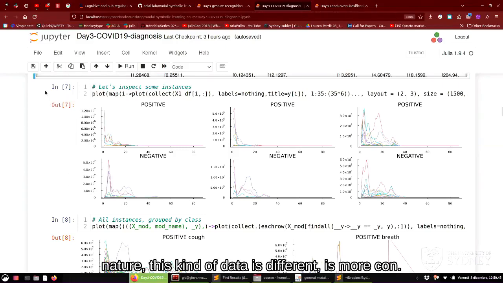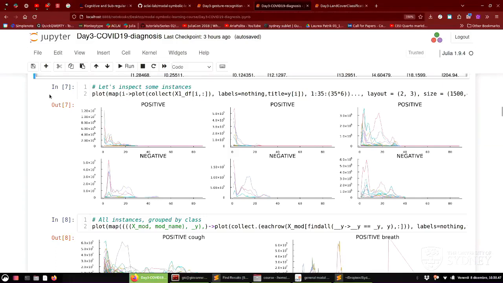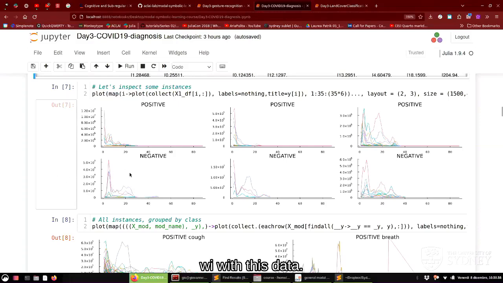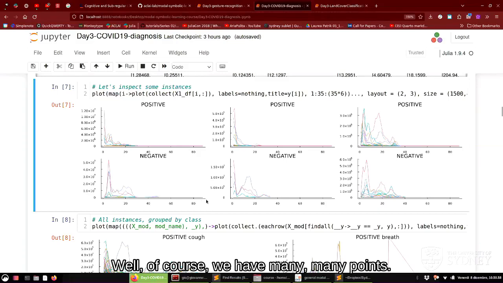So I would argue that in nature this kind of data is different, is more continuous in a sense. Also, there is something harder with this data. Well, of course, we have many points. Maybe it's also the fact that it was processed in a more complex way by this